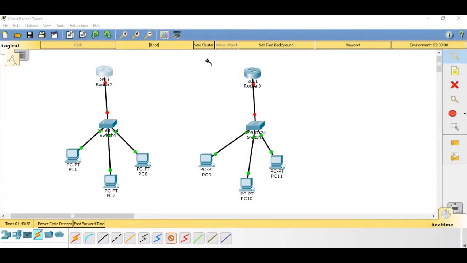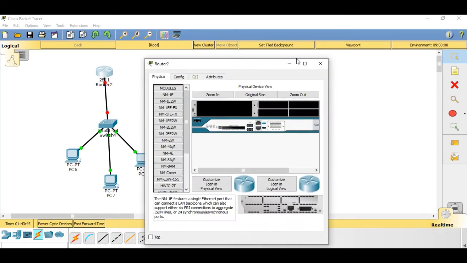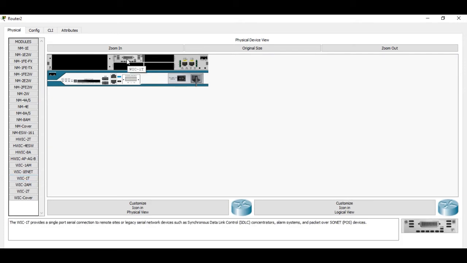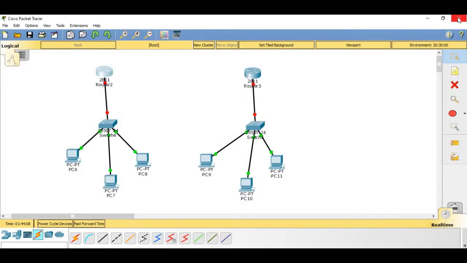Now it's time to connect these routers. For connecting the routers, we are simply going to click on this router. Inside this router, I'm first going to turn it off. This is the switch of the router. First you have to turn it off, and you have to add a module which is WIC 1T. Just click here, drag and drop it here. A module is added so that I can connect this router to another router. We need a module or an interface. Turn it back on just by clicking this button, and close it.